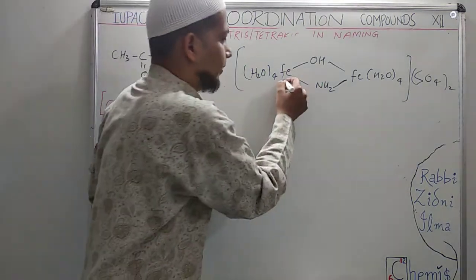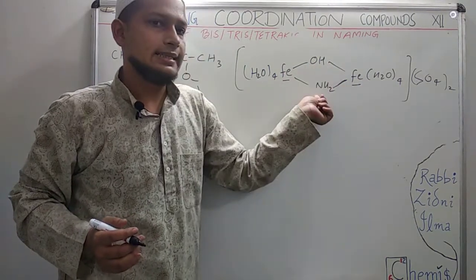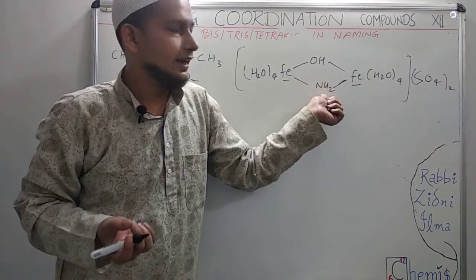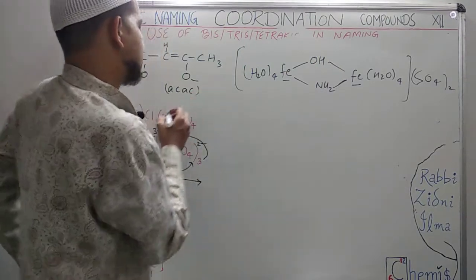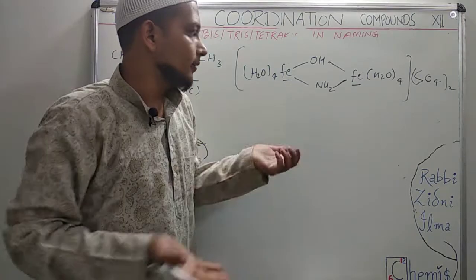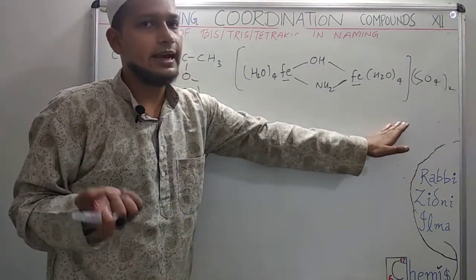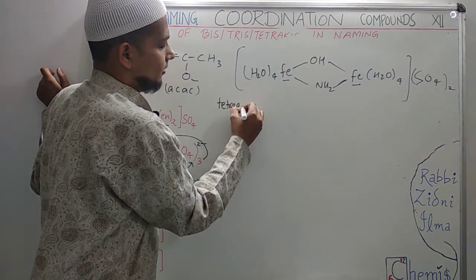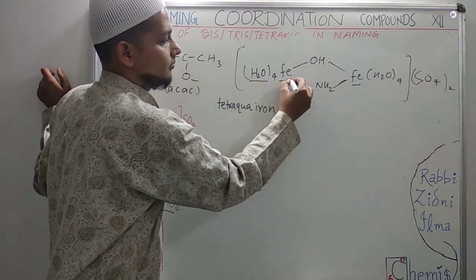First of all, we have 2 metals. Also between 2 metals we have 2 ligands. These are sandwiched between our metals. So these ligands are called bridging ligands. It forms a bridge between our metals. For bridging ligands we are going to use a symbol mu before their name, to signify their position. Now start from left to right, the standard pattern. From left we have tetraaqua. For Fe we will write iron, so half done up to here.